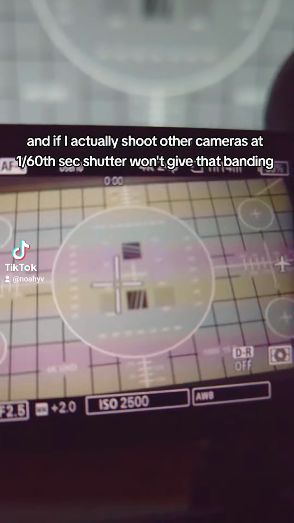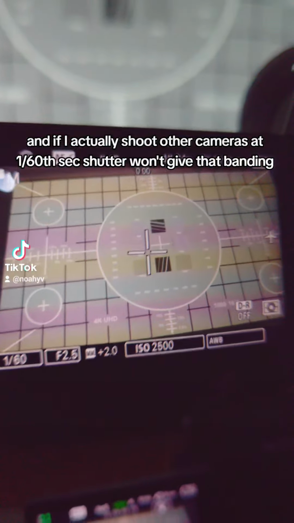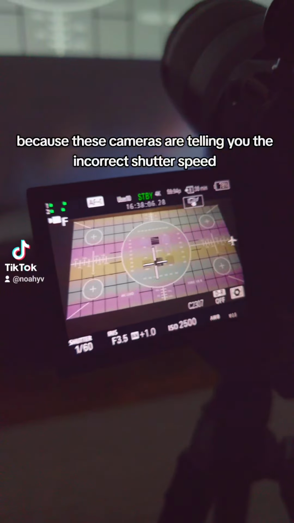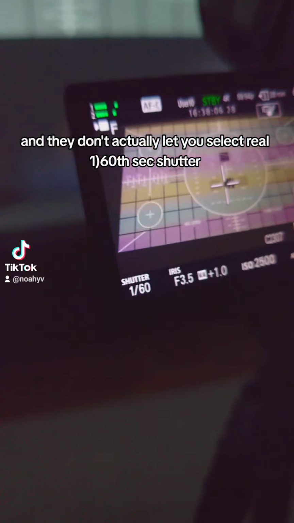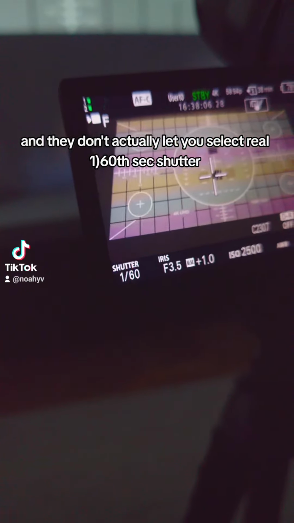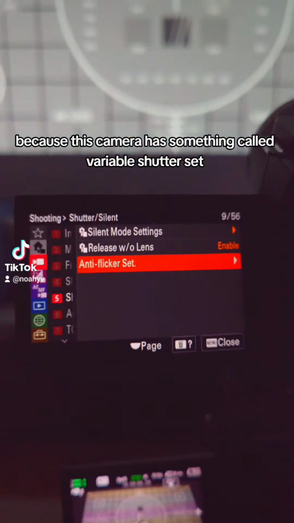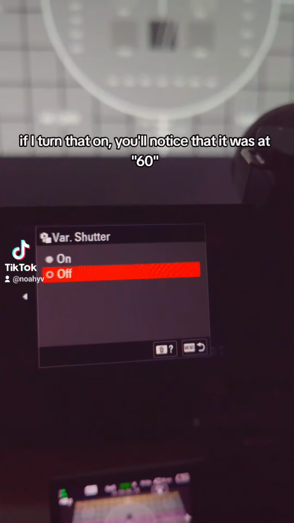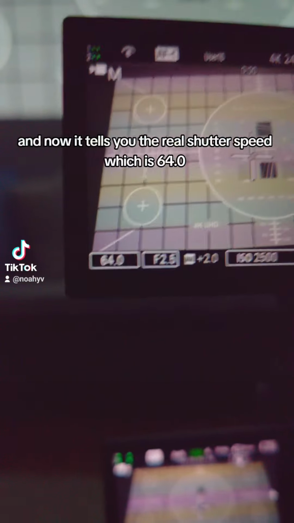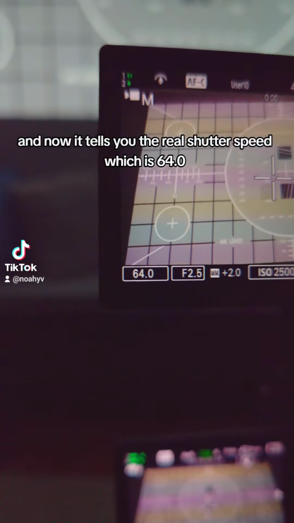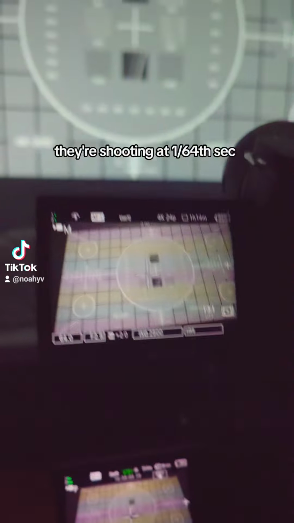And if I shoot it with other cameras at 60th shutter, they won't give that banding, because these cameras are telling you the incorrect shutter speed, and they don't actually let you select a real 60th of a second shutter, except on the ZVE1. And we can show you this because this camera has something called variable shutter. If I turn that on, you'll notice that it was at 60, and now it tells you the real shutter speed, which is 64. So actually, when both of these cameras are set to 60th shutter, they're shooting at 64th